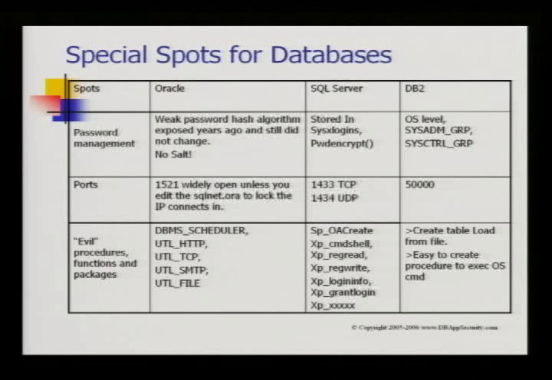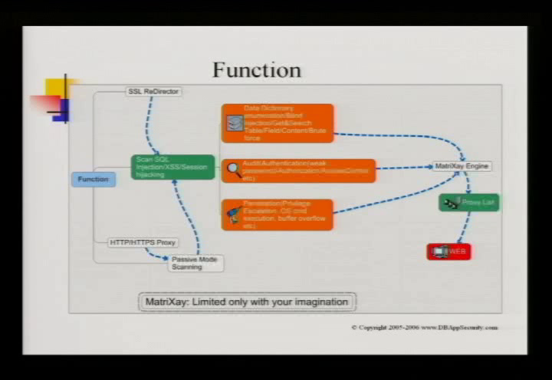and the special spots. There's always an interesting part, extended procedures, and they can even be used to guess, for example, just the UTL_TCP, even that can be used to guess the SA password. There are a lot of things that may be a little beyond your imagination. And weak passwords, port stuff. So here's the main manager function on the graph. So you can either